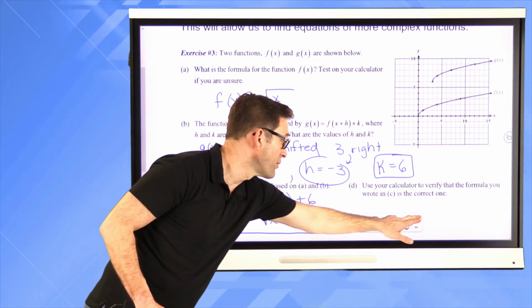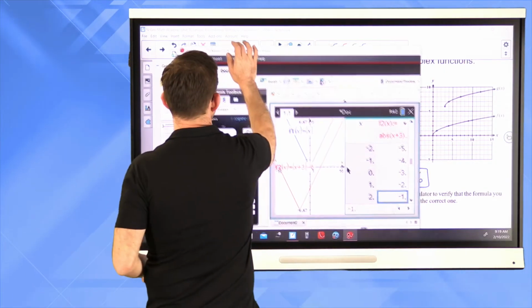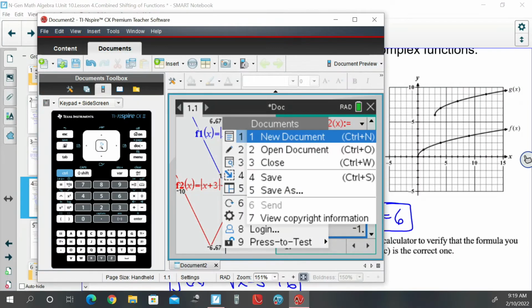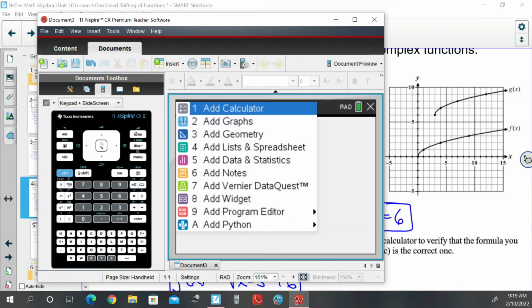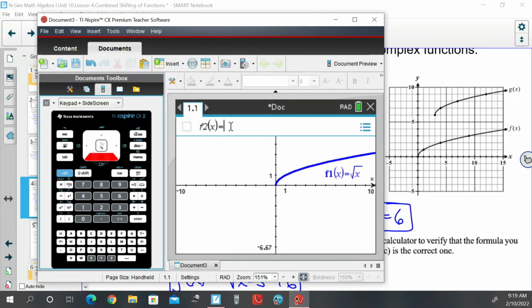And I think just like before, what I'd like to do is put both of those formulas in there. I think just to make my life simple, I'm going to open up a new document and we'll put in a graph. Okay, so for f of x1, I'm just going to put in my basic square root of x graph. All right, that'll be good. And then for f of x2, remember for that, we had the square root of x minus 3. Again, I have to hit the right arrow to get out of that square root